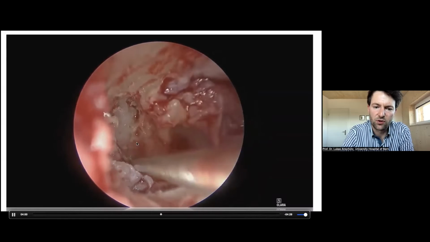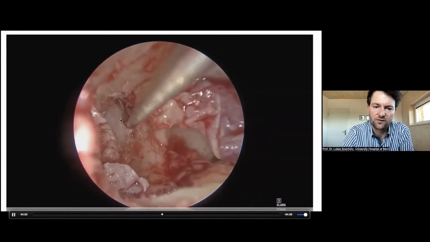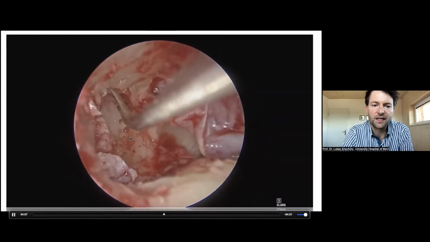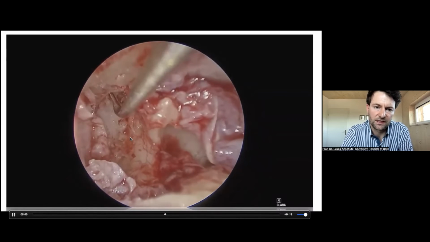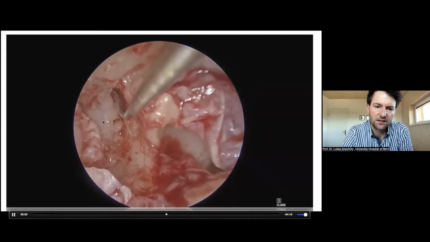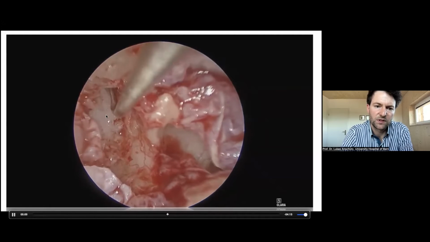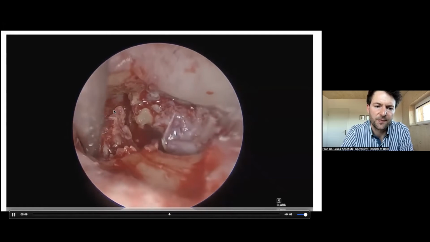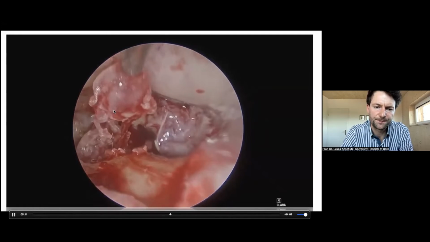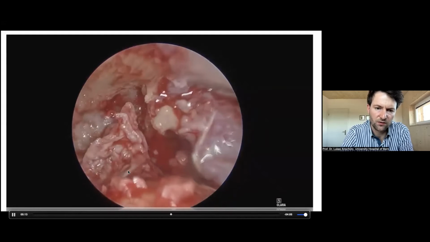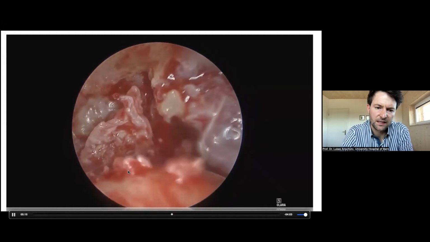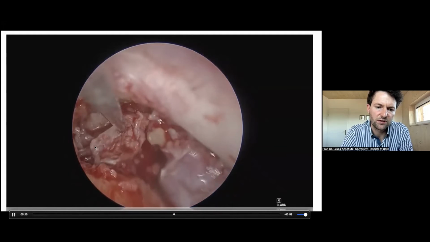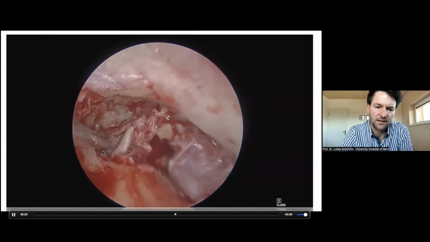It has this kind of dissector on both sides, and it is very well suited to clean the cholesteatoma from the side. And you can see again here, this is the tegmen tympani with a small dehiscence. I'm not sure if you can see it, but there was a small hole in the bone, and we do a little bit of debulking of the cholesteatoma, and then the cholesteatoma can be followed posteriorly. You can see it here, posteriorly into the antrum, and its extension into the mastoid.